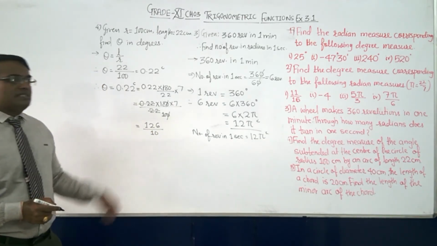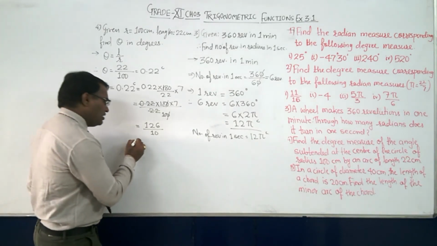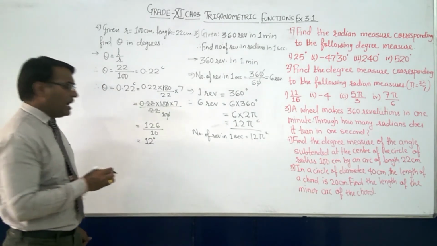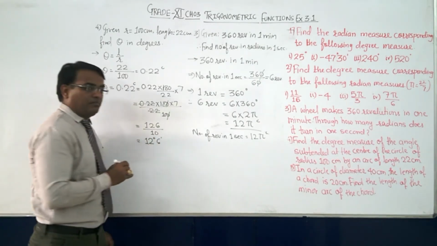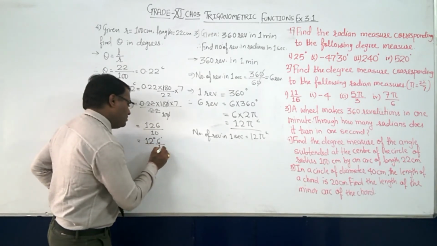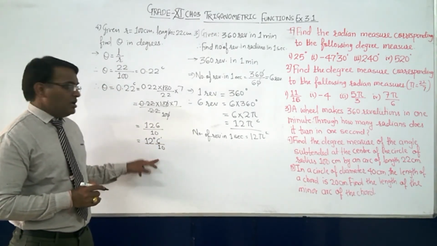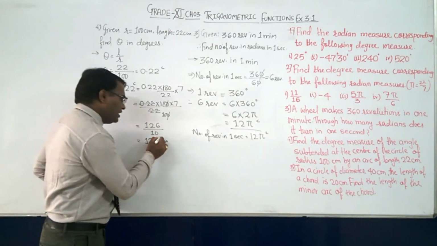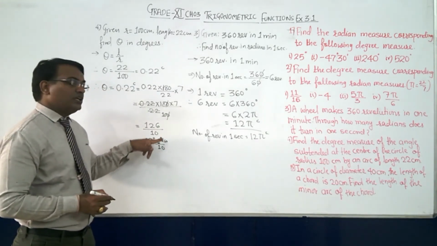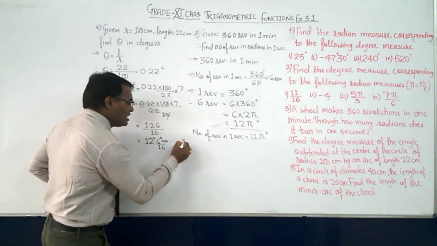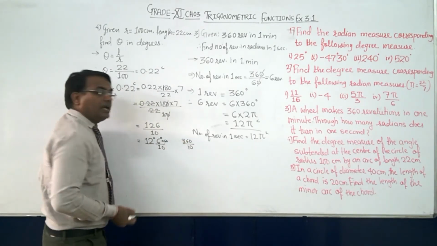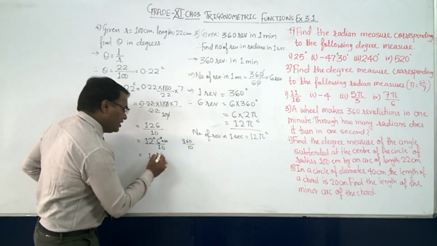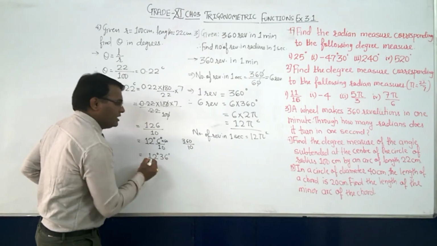Okay. Now what are these? These are nothing but the degrees. So again here what you can do is, first of all it will be 12 degrees and 6 minutes, but not converted yet. It will be 6 upon 10 because 6 will be the remainder. So 6 upon 10 means what? Again this will be multiplied by 60. Right, now here it is degrees. So 6 degrees into 60 will give you the minutes. So 6 sixes are 36, 360 divided by 10. Again if you do it, you will get 12 degrees, and then if you divide it, you will get 36 minutes.